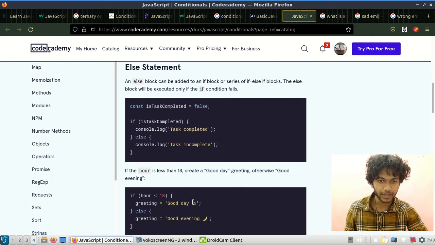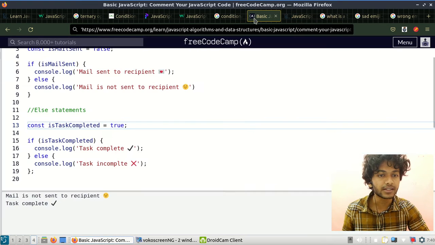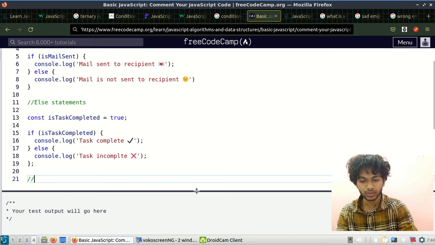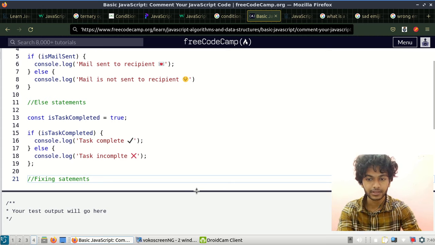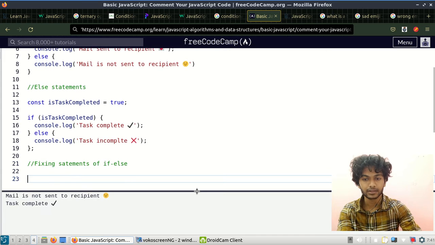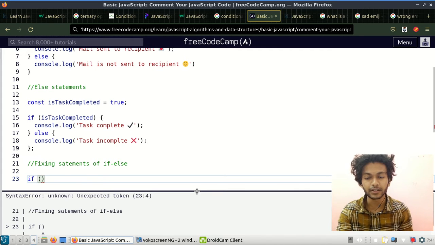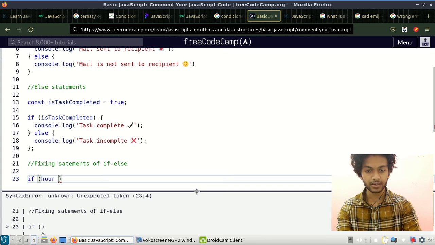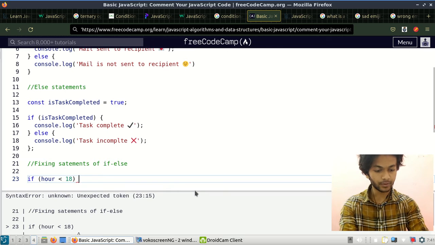And here it's written, if R is less than 18, create a good day greeting, otherwise good evening. What that means, we'll see here. Fixing the if and else statements. First of all, they have just written if, without even declaring the variables. That's wrong. They have used R there and set a condition: when R is less than 18, then perform a certain task,